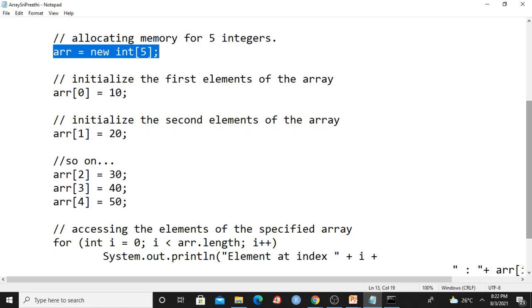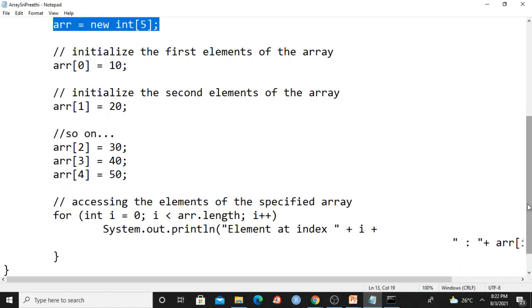Till now, I have not discussed this for loop. I will discuss for loop in my next classes. Just time being, understand. Int I equal 0, I less than ARR dot length. What is ARR dot length? What is the size of this ARR? This size is 5. ARR dot length means 5. Size, it will return size of that particular array. I equal to 0. 0 less than 5, correct.